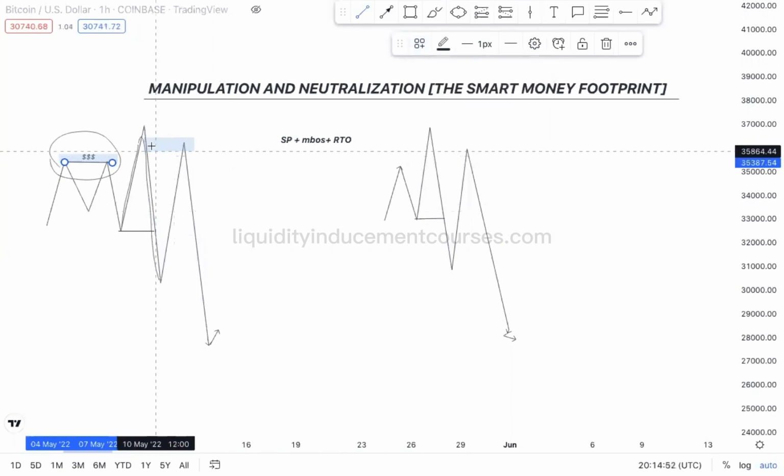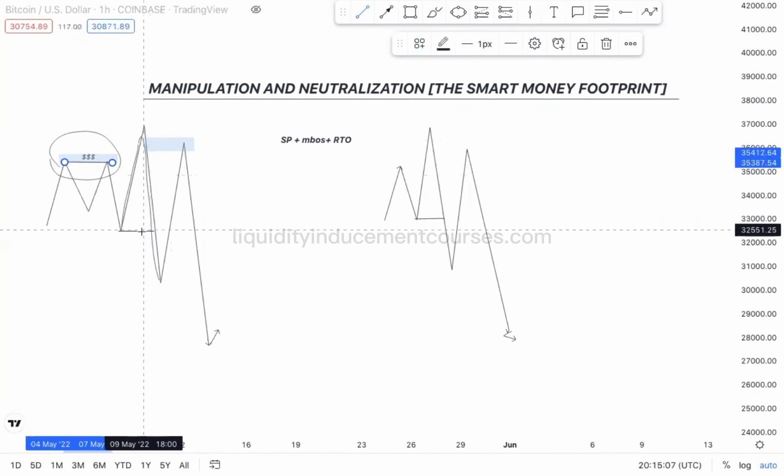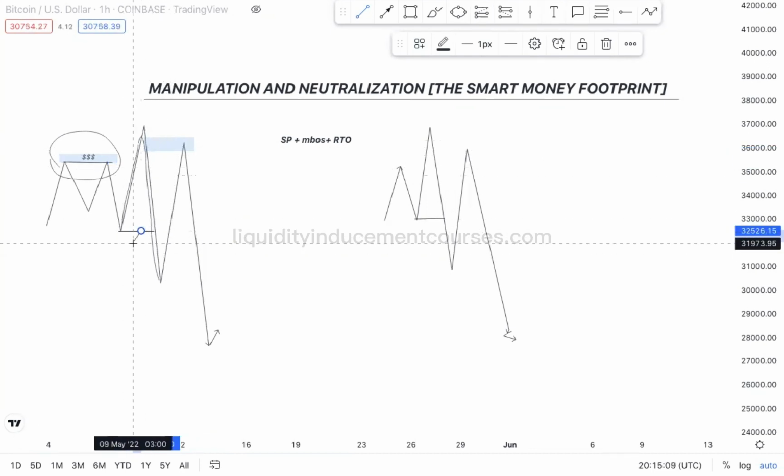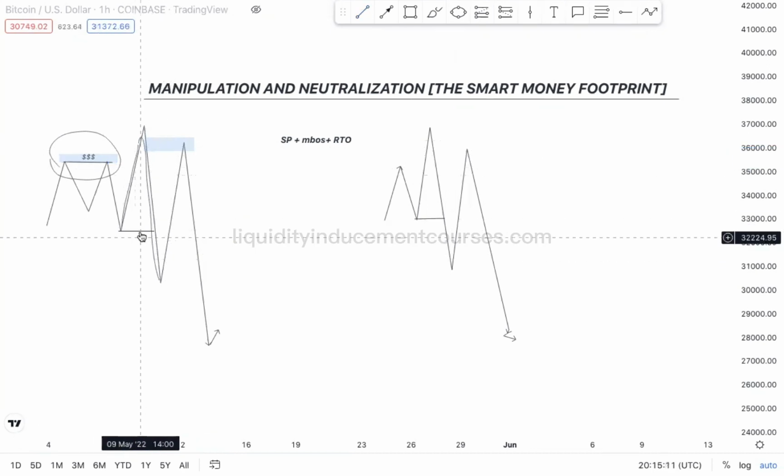Okay, and then we mitigated this level of supply and demand, right? Which is actually a supply level. I told you supply can be found at the base of your high, at the peak of your high, rather, while demand can be found at the base of your low. Okay, when I begin to teach rallies and base,